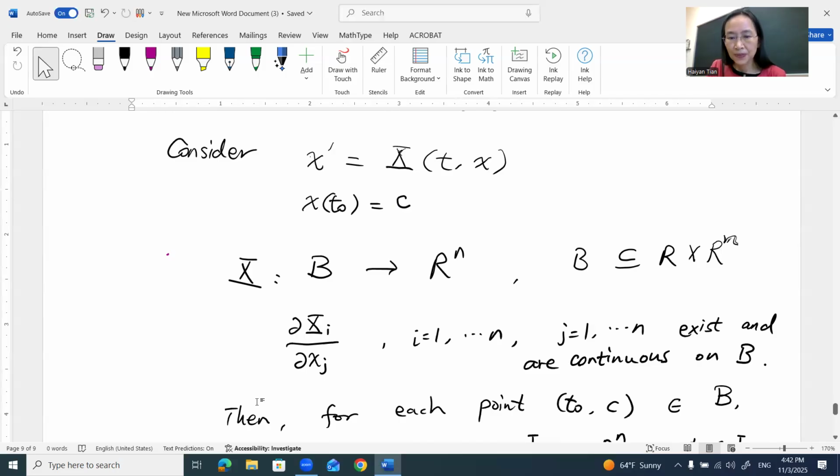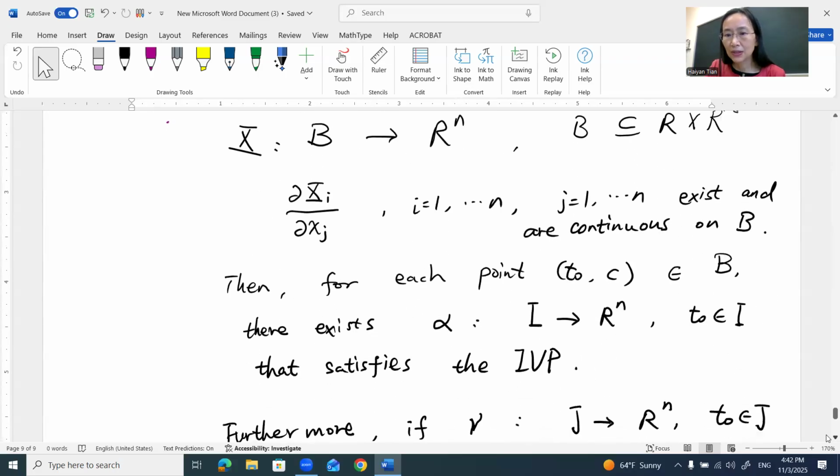With that, the assumptions are the same as for the local existence and uniqueness. So with the same assumption, we arrive at